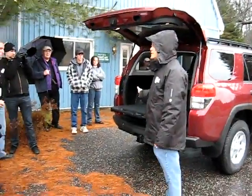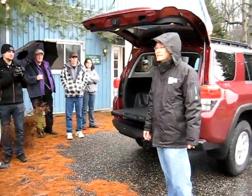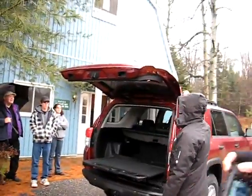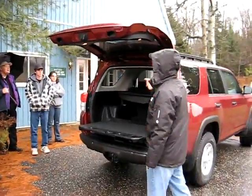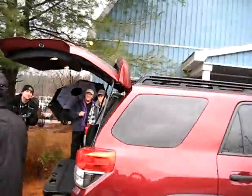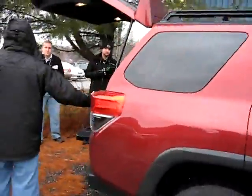And one great feature is that when you're out in the woods, you may not get radio reception, but the great thing is you can get satellite reception. There's a satellite antenna located on the roof there, so you can listen to whatever music selections you choose to. So once again, you're not really